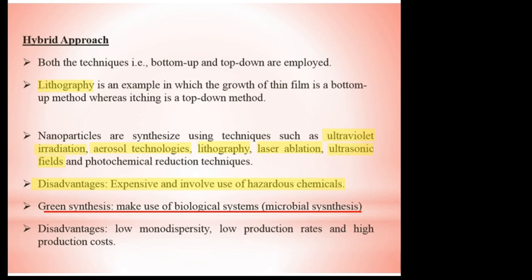So that is widely used, but each and every application requires a very precise size of the silica particle and so on. That means monodispersity, meaning every particle should be of a single size. If you are taking 1 kg of silica powder, then 95% of it should be of the same size. So that is called a kind of monodispersity. So that will become very costly, or by using this methodology, either you don't have the production quantity, or if you go for higher production, then you are losing the monodispersity. So that is the disadvantage over here.